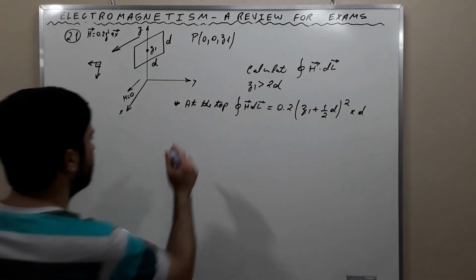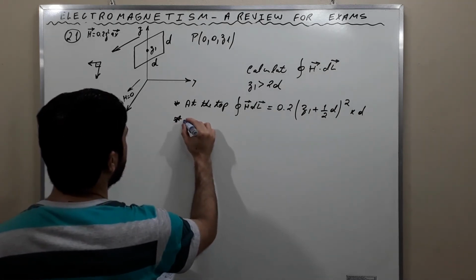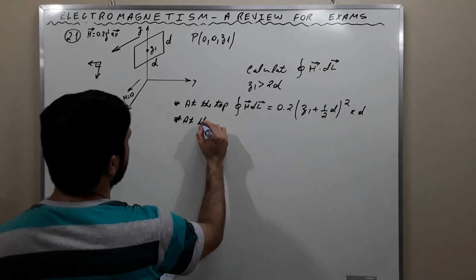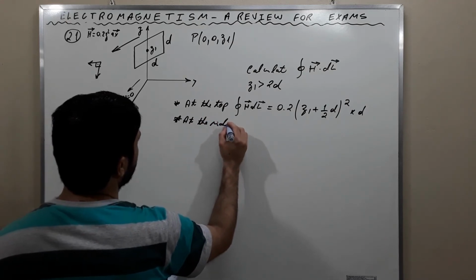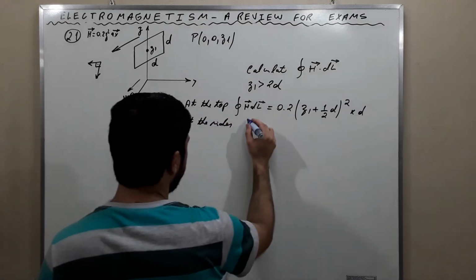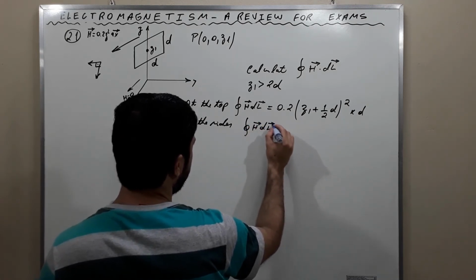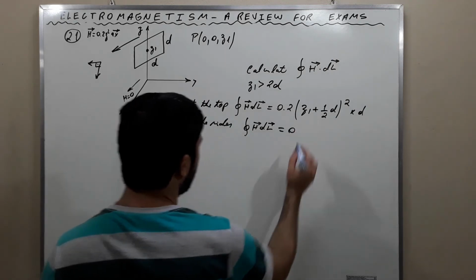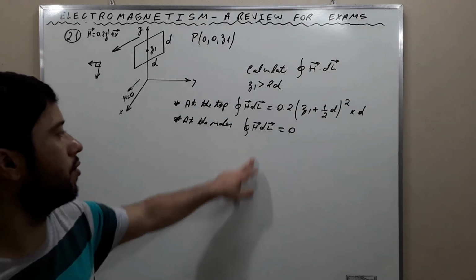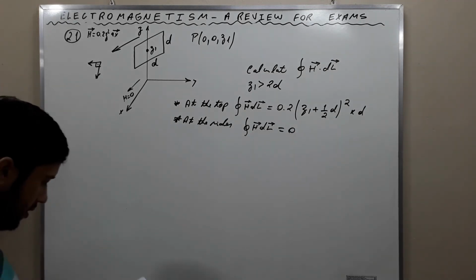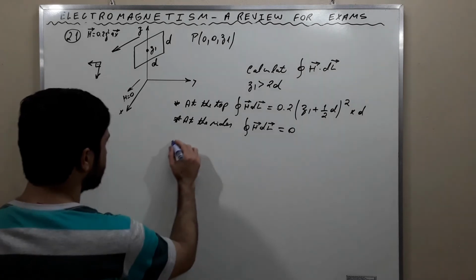So at the sides, this line integral here is 0, and at the bottom,